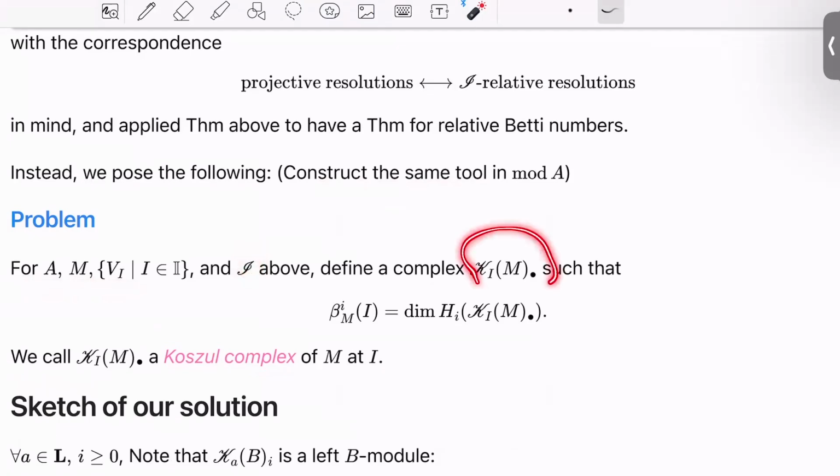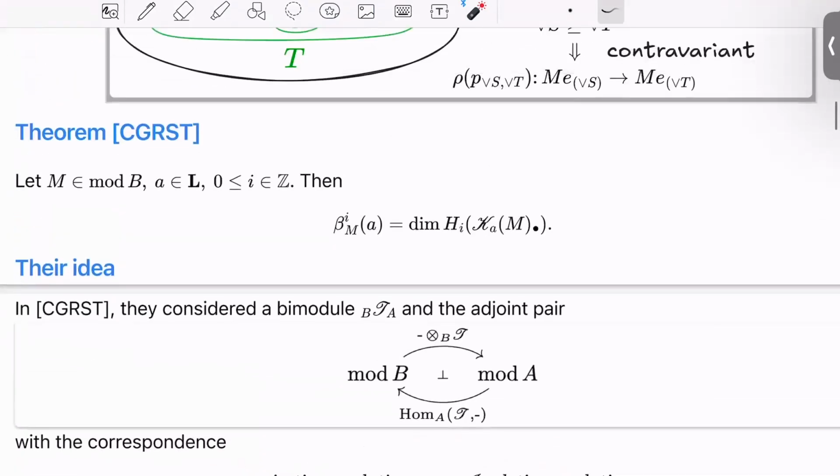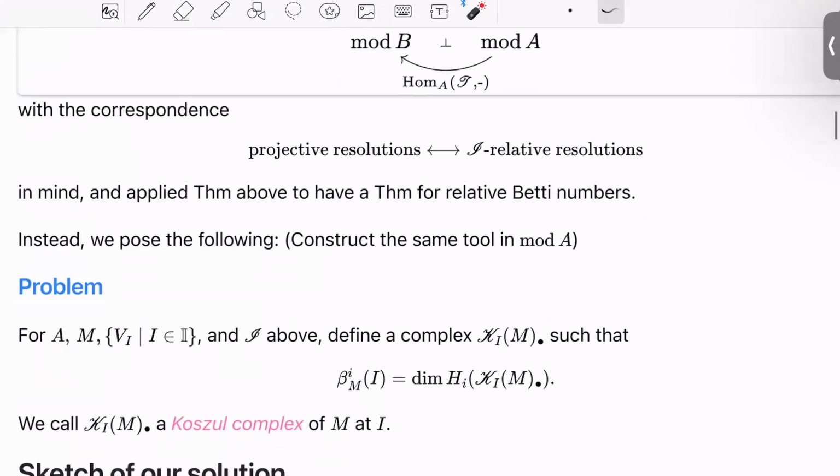Then, is it possible to define some similar complex such that its i-th homology gives us this number, the relative Betti number? Relating to this story, I call this complex the Koszul complex of M at I. Okay, so I want to find a similar complex which has the same property inside the module category